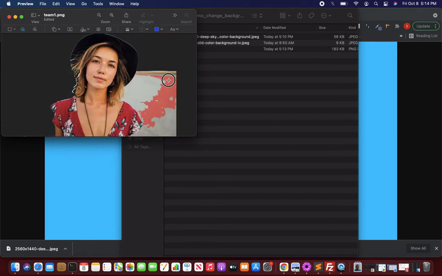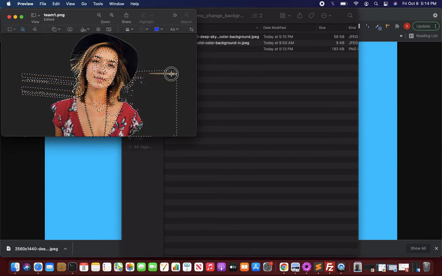Just drag slowly around. Now you can see it is marking with a dotted line. It should not cross the boundaries of the picture. Just delete it. Delete once more this small streak. Delete again, so you clean up the entire background.